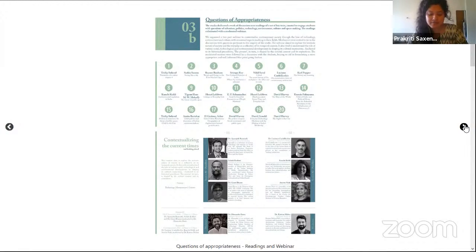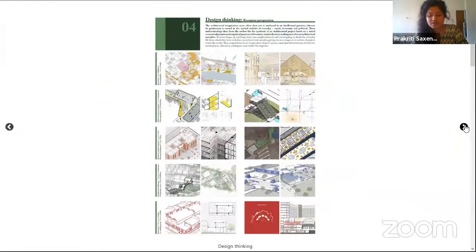So we had a couple of debates and discussions within the studio itself. After that, we conducted a webinar where we had expert panelists on each of these topics coming in and speaking about society through the lens of technology, through the lens of environment and culture. It was moderated by Himanshu Bharte and Kaivan Mehta, who basically tied in all of these questions with the questions of the studio. After this, we come to the last part of the studio, where basically the students were asked